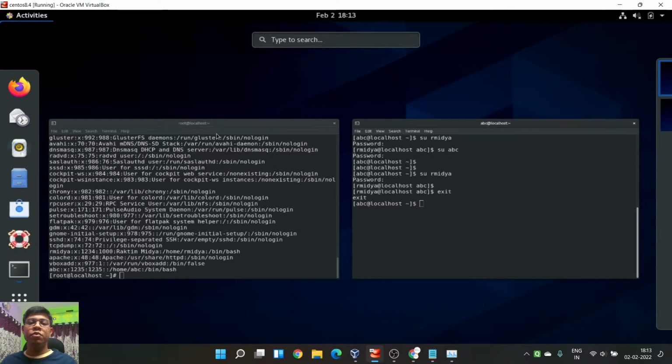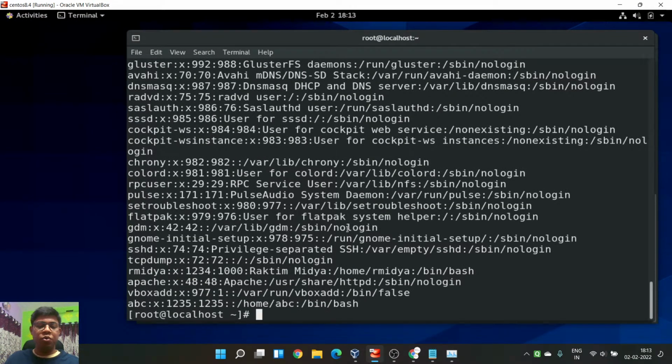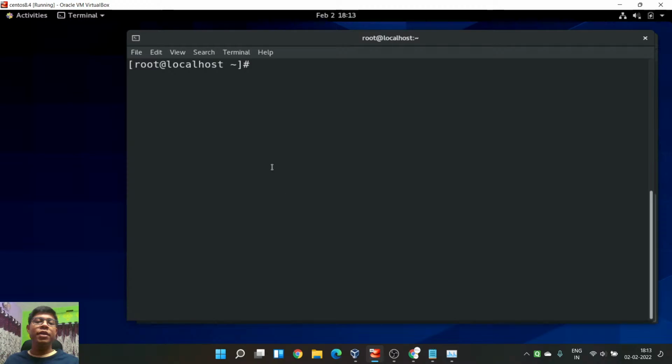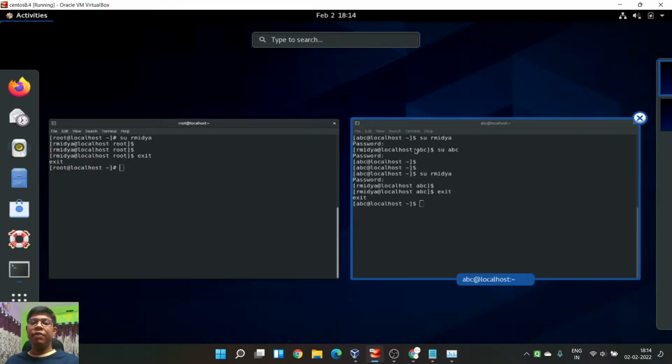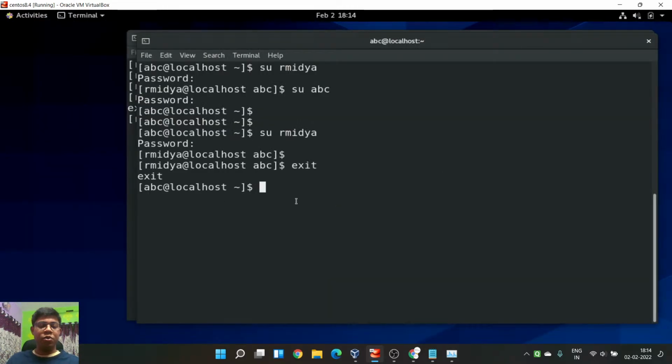Let's say this is where I'm logged in as root. If I do su, then let's say I'm logged in, I don't need any password. But if I do exit and go here, and from here I want to go to root, su root, I need to provide the password.